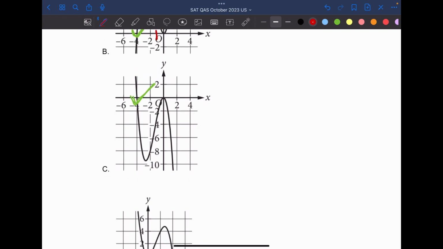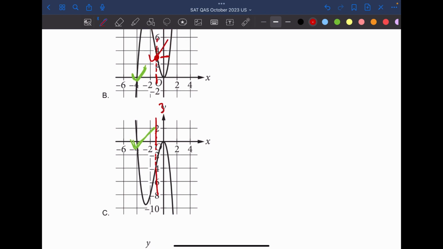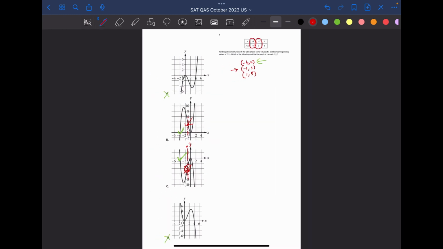And then for this one, at -1, which is approximately over here, is it at 3? No, because 3 would be up here, but the point is down here. So this is wrong. That means the answer is B, but just to make sure, let's also check our last